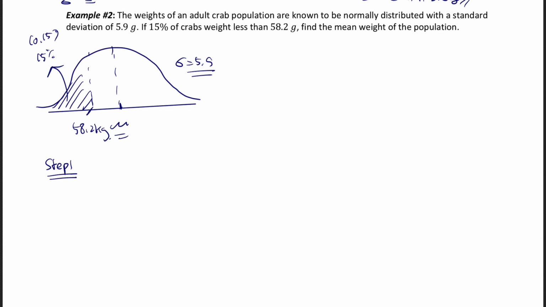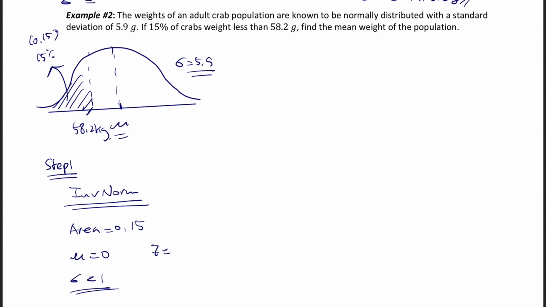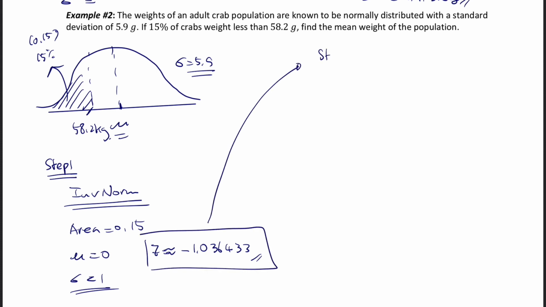So we know that this is where you have to use the inverse norm. So we do area equals 0.15. Your mean value is 0, standard deviation is 1. Then you get your z-score value approximately equal to negative 1.036433. Okay? Then using this information from step 1, in step 2 you have to use your algebraic expression,